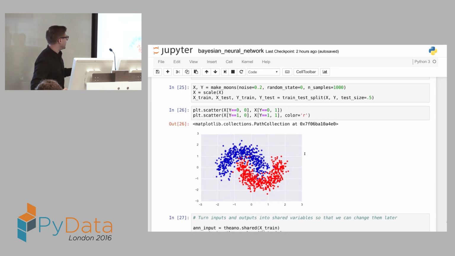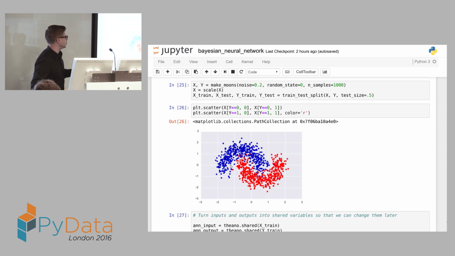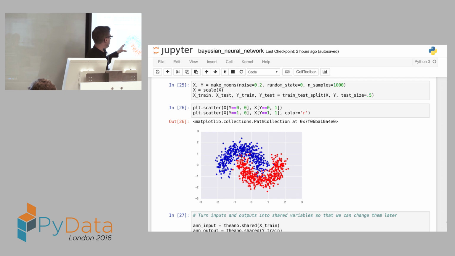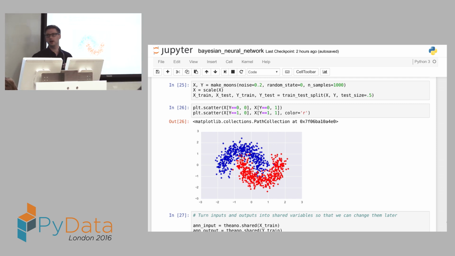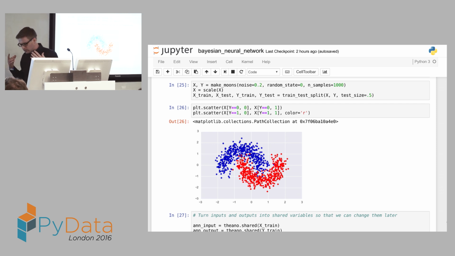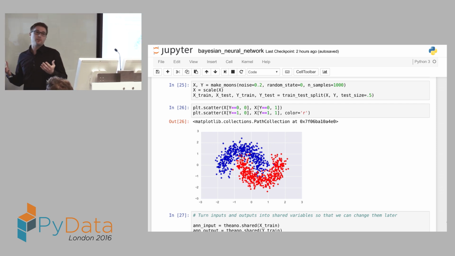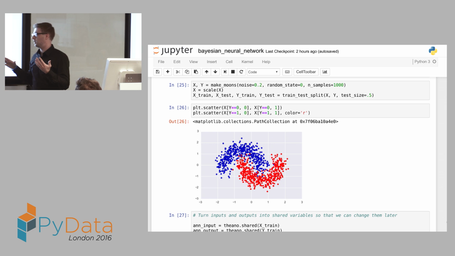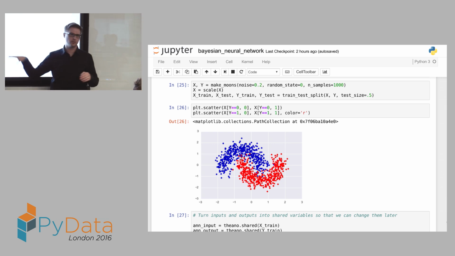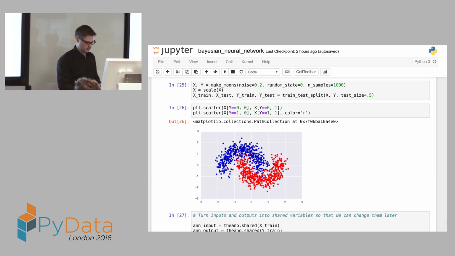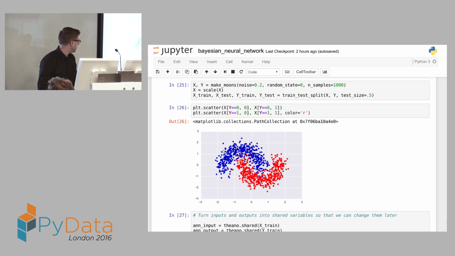What I did is I created these 2 distributions using scikit-learn. You can generate all kinds of data sets. The key thing is, it's 2 classes, binary classification, and they are not linearly separable, right? So a sigmoidal logistic regression would just fit a line through here, but it wouldn't really solve the task in a satisfying way.